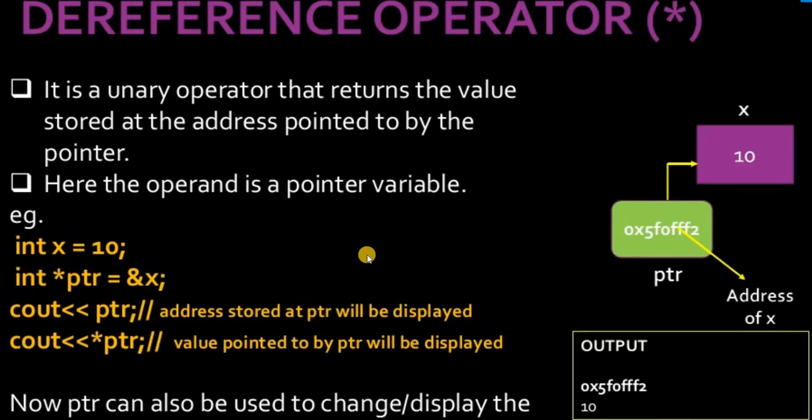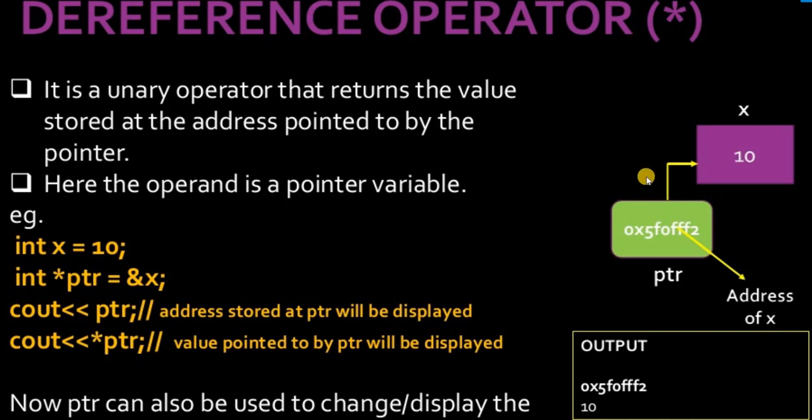Now one of the important things is the dereference operator. So the asterisk sign is the dereference operator. It is a unary operator that returns the value stored at the address pointed by the pointer. तो ये क्या रिटर्न करेगा? अगर हमारे पॉइंटर के साथ एस्टेरिस्क होगा तो that means point to this direction. What this means is इस एड्रेस पे ये एड्रेस जिस भी जगह पॉइंट कर रहा होगा, now this address is